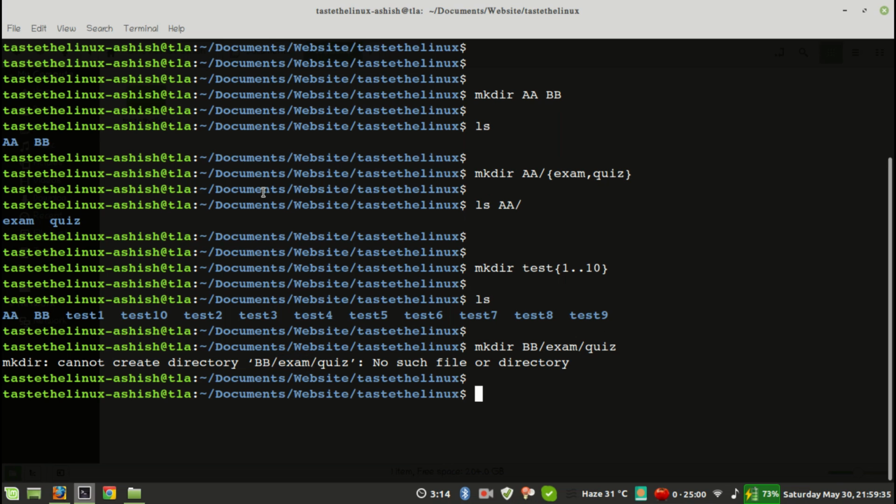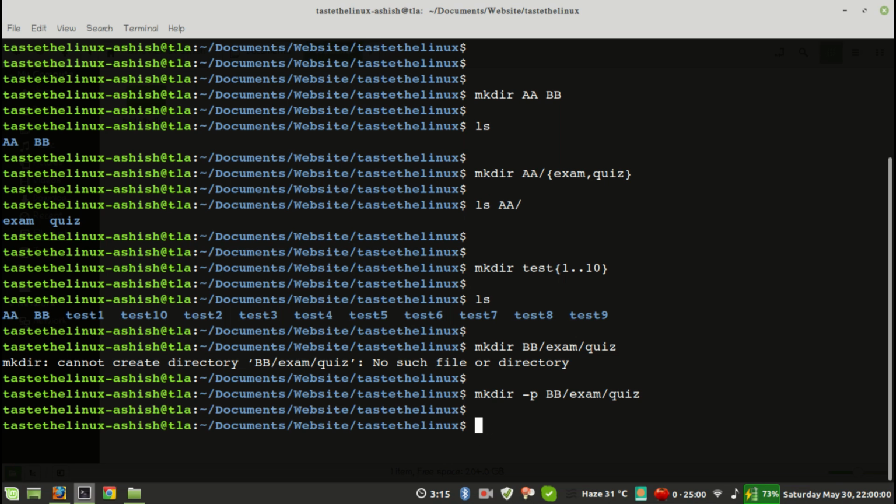So what is a parent directory? For quiz, exam is the parent directory, and for exam, BB is the parent directory. So if we have to create with the parent directories, we will use the option mkdir -p bb/exam/quiz, and after pressing enter we can see that the folder gets created.